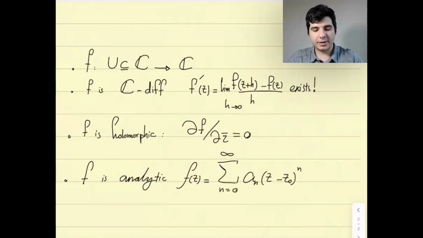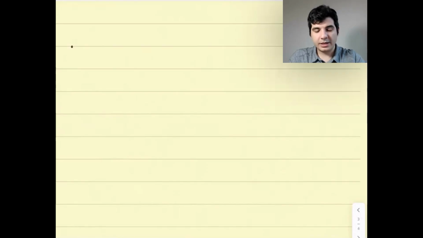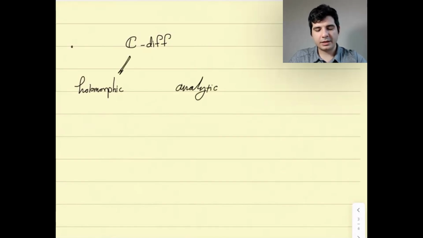So we learned these three definitions, and the main thing was that these three things are essentially equivalent. So we claimed f being complex differentiable, f being holomorphic, f being analytic, they're all essentially the same thing. So that was the claim. We proved that being complex differentiable and holomorphic are the same. We used Cauchy's integral formula